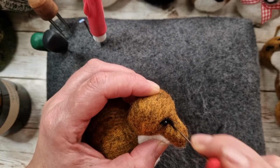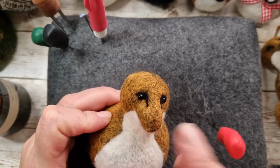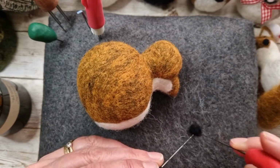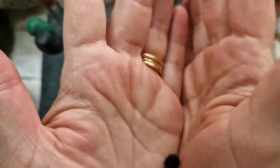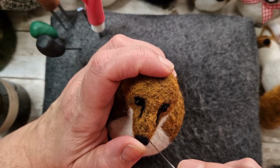It's just about gently felting the black wool in. And just here, we're going to do the nose, but you'll see once I've done the nose, I literally give the face a big squish with my fingers, and that really helps. So take a tiny amount of black wool. Sometimes I hold it with another needle. And then we're going to roll it between the hands just to really bring it all together. Pop it right on the end of the nose,